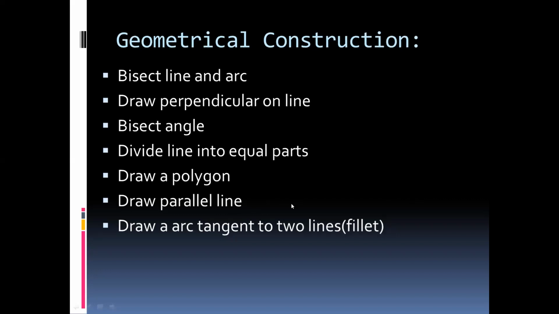Okay. So the last geometrical construction that we have seen is to draw a polygon by using the angle method. If you want to draw a hexagon, then we can take the angle 60 degree. And if it is a pentagon, then we have to take the angle 72 degree. Okay. So there is one more method to draw the polygon. I will explain that method, and then I will explain the diagonal scale, that is the second type in the graphical scale.